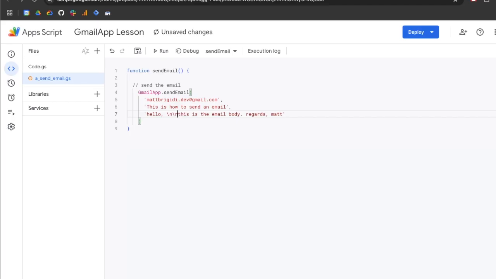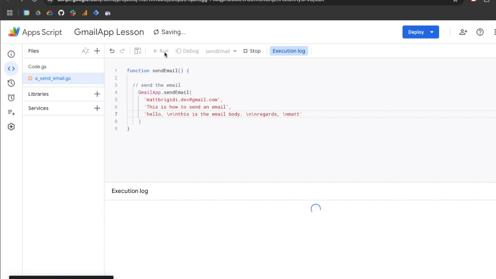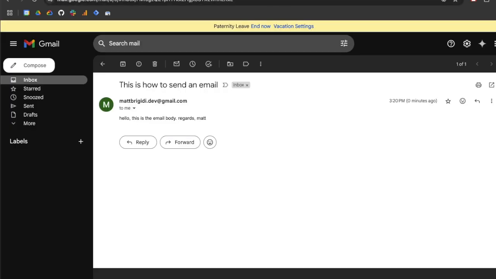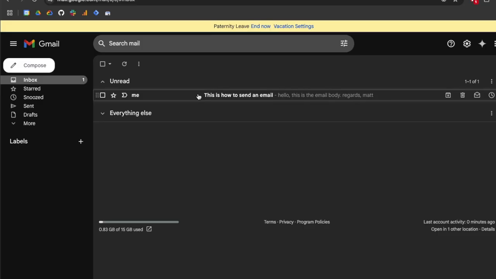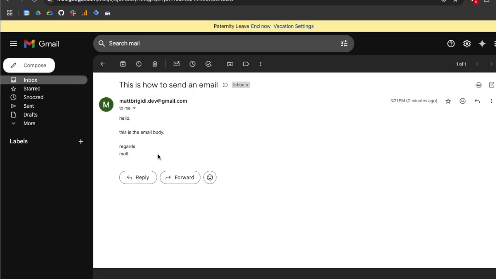So I'm going to do 2 of these, so that will have a space, and then I'm going to add 2 of them here, and then 1 of them here. And now when I run this, we'll go back to my Gmail, and you can see we have that email again, and now there is line spacing,